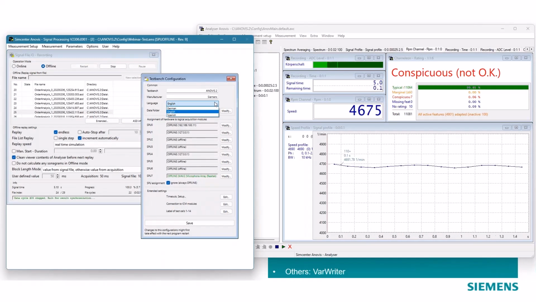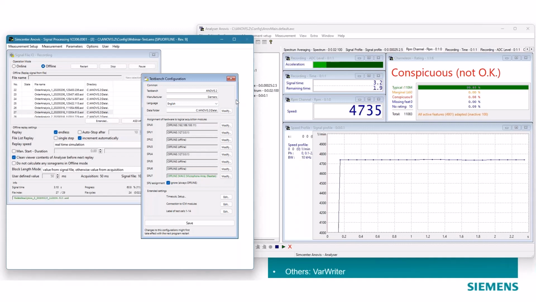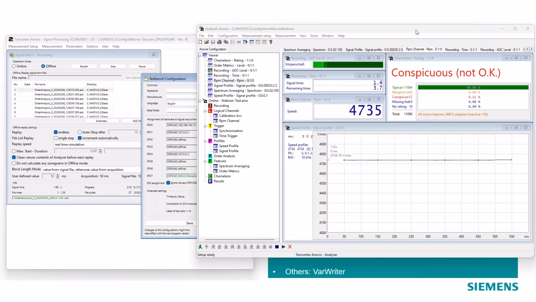Here in the software, in this version, I have English, Spanish, and German available. And in the next release, the 24.6 that will be released in June, we will also have Chinese, French, Japanese, and Korean available. So if you have production plants in Mexico, the colleagues out there can use the software in Spanish.